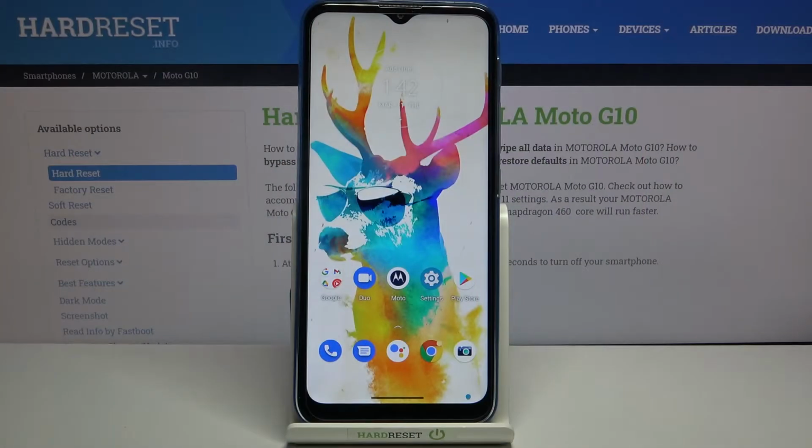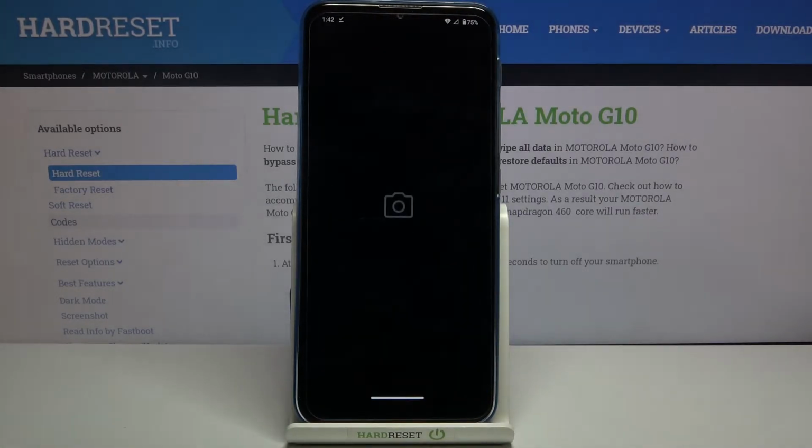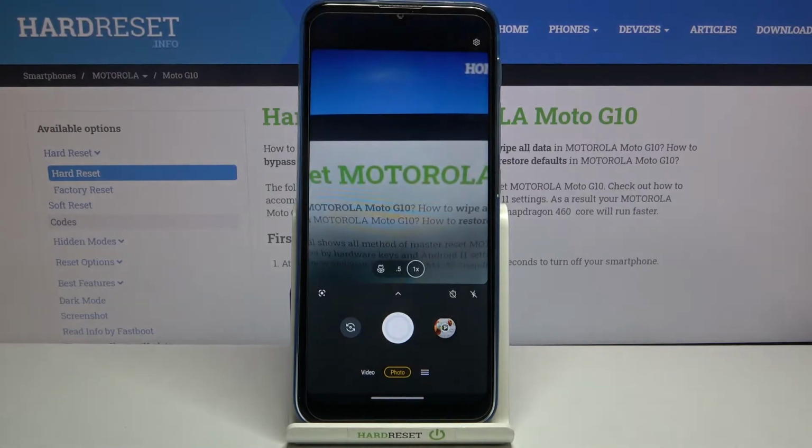Hi everyone, here we've got Motorola Moto G10 and let me share with you how to set camera timer on this device. So firstly, let's open the camera app just by tapping on this icon,